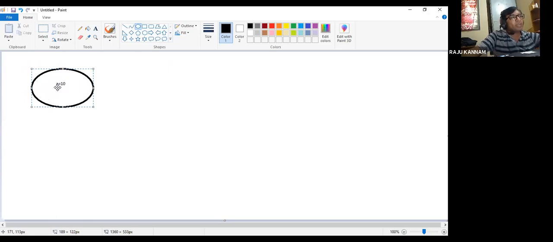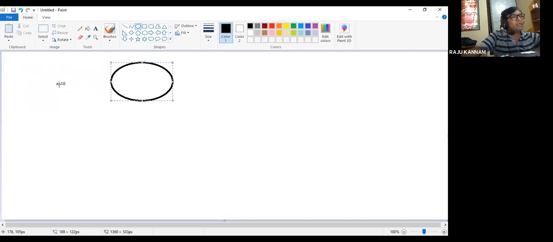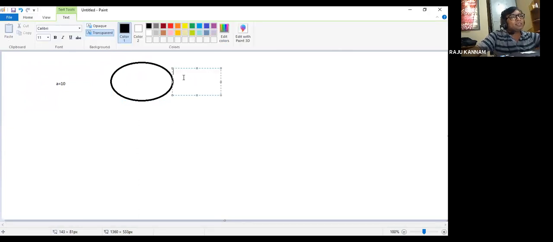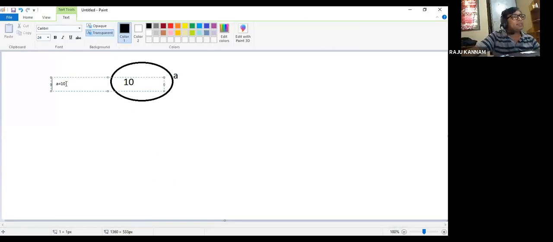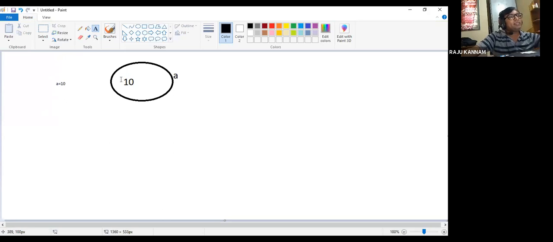Now a is 10. The meaning of a equal to 10 is that the operating system will assign an object, and that object's name is a. In that object it will store the value 10. That is the meaning of a equal to 10.